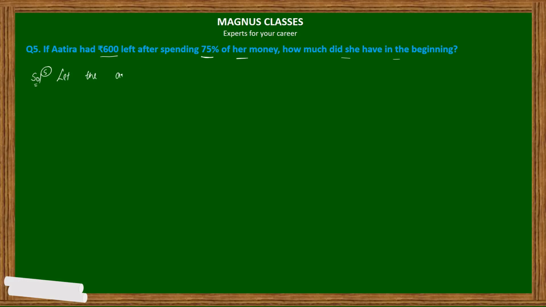So you will say, let the amount of money which Atira had in the beginning be x. Let's suppose it is x rupees. Now, when she spent 75%, how much did she save? 25%, right? Because out of 100%, if she has spent 75%,